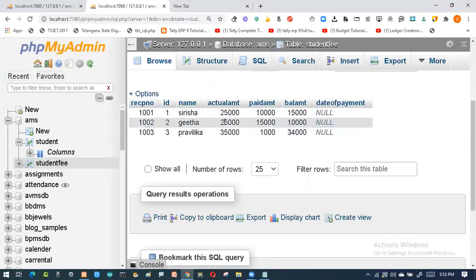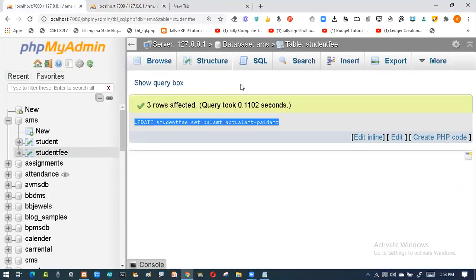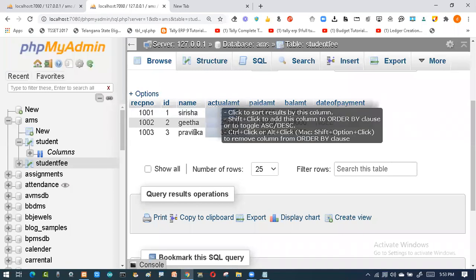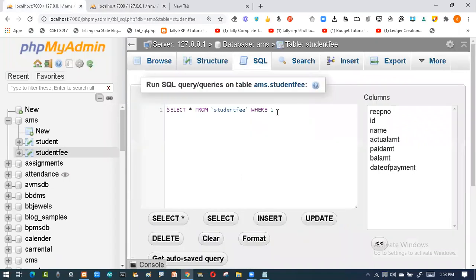Now if you say that for the regular and the computer science, all should be the same, then how will I do it? Again I'll go for an update, because I want to make changes to these persons. I won't do it individually. So what I'll do is use a condition. I'll say update.